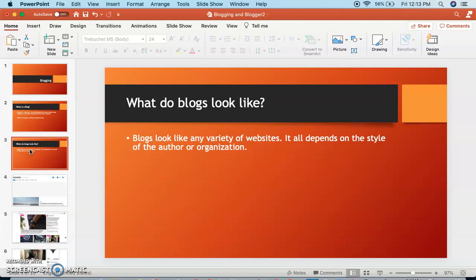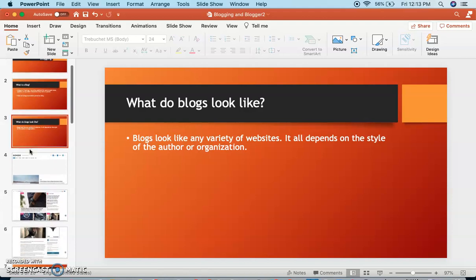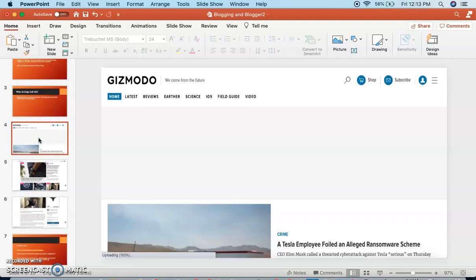But what do blogs look like? Well, they look like any kind of website. It all depends on the style of the particular writer or the owning organization. For instance, here is a blog called Gizmodo. Now, Gizmodo is a little bit of an everything blog, but they tend to lean more towards the sciences and technology. If you look down here, their latest headline, you'll have to apologize, there was an advertisement that tried popping up right here. But if you look down where my cursor is, you see the headline for the most recent